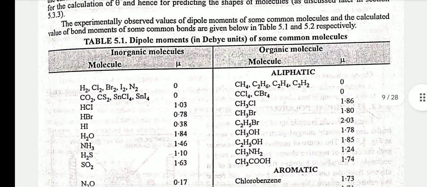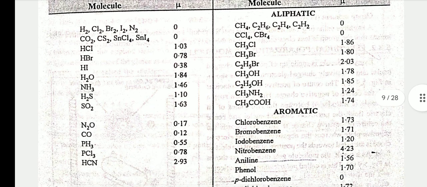H2, Cl2, Br2, I2, N2 have mu value 0. CO2, CS2, SnCl4, SnI4 have mu value 0. HCl is 1.03, HBr 0.78, HI 0.38, H2O 1.84, NH3 1.46, H2S 1.10, SO2 1.63, N2O 0.17, CO 0.12, PH3 0.55, PCl3 0.78, HCN